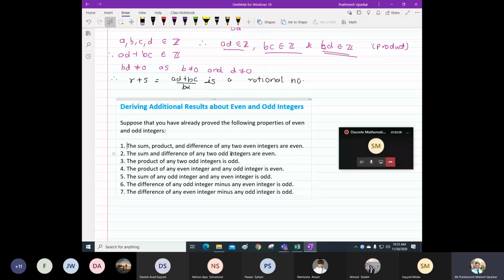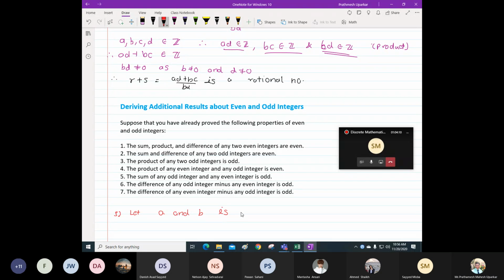अगर दो बार इवन इंटीजर आया तो पहले को 2 टाइम्स k लेना है, सेकंड को 2 टाइम्स k1 लेना है, एंड सो ऑन. अगर ऑड इंटीजर आया तो एक को 2k लेना है, एक को 2k प्लस 1 लेना है. बट अगर हमने k यूज किया है तो जब इवन इंटीजर लिखेंगे, फॉर एग्जांपल अगर मैं सपोज प्रूव कर रहा हूँ थर्ड प्रॉपर्टी, हाउ आई विल प्रूव इट. थर्ड का प्रूफ मैं कैसे लिखूंगा, लेट a and b